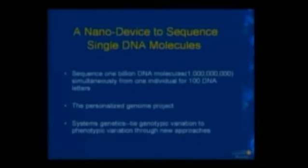is really interesting is we're pushing a new idea at the Institute called systems genetics. And the idea for systems genetics is classical genetics has attempted to take genetic variation in the genome and to correlate that with phenotype and to study those correlations by watching the segregation of information in matings. And one of the interesting ideas is, if you think about connecting digital information to phenotypic information through networks, then there are really interesting ways that you can think about doing single-cell analyses that may let you skip a lot